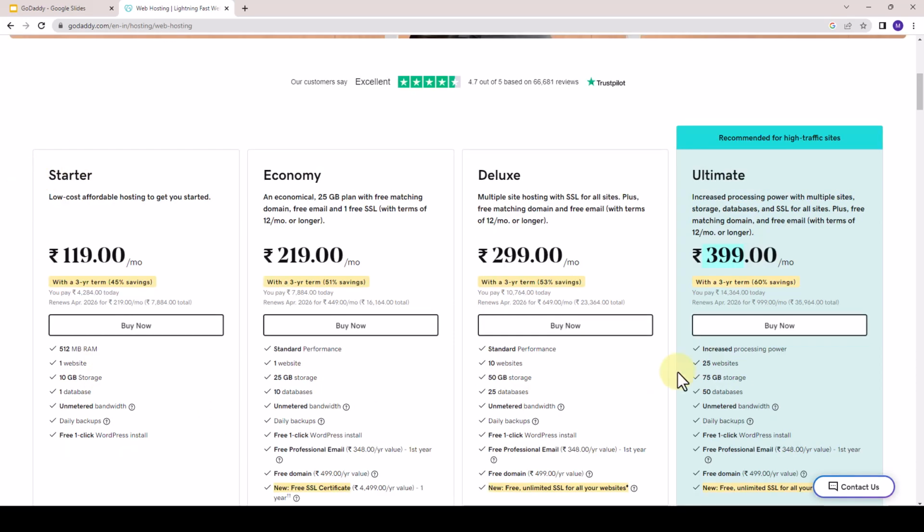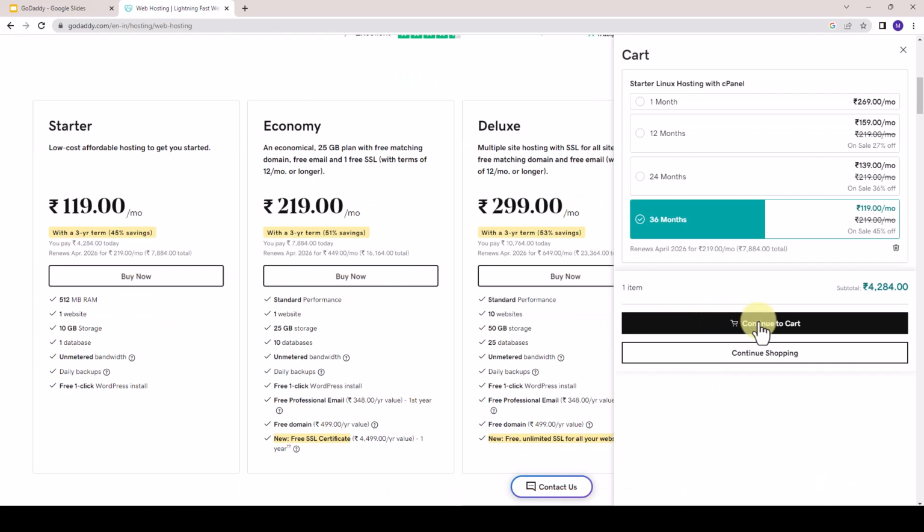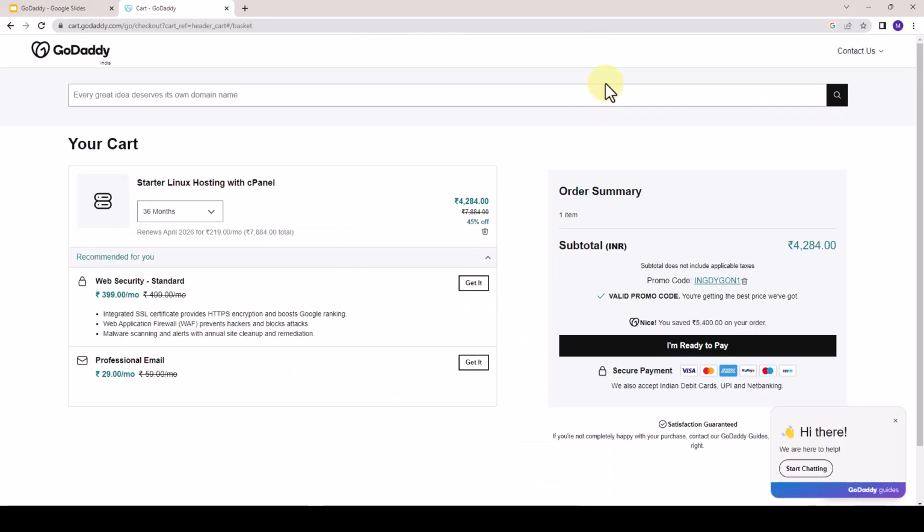Now we have seen what all plans GoDaddy is offering under web hosting products. Now we will see what are the various billing cycles that GoDaddy is offering. So for that I'm gonna go to the checkout page. Here I'm gonna skip this page and move to the checkout page. So here we are on the checkout page of GoDaddy, and over here we can see what all various billing